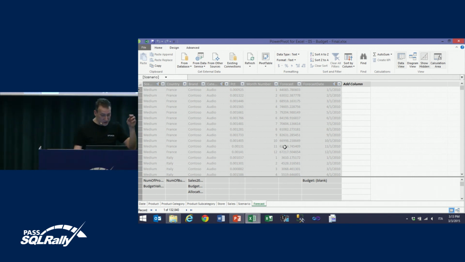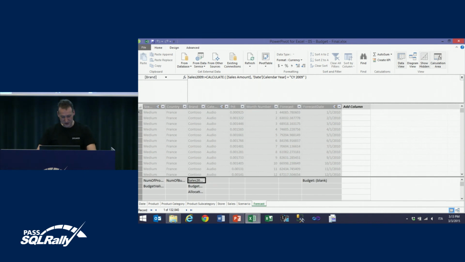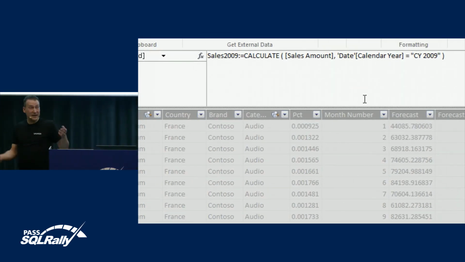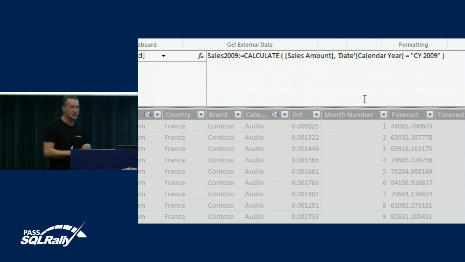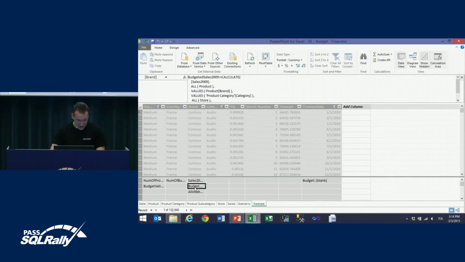To do that, you only need to create a couple of measures. The first one is very simple. It's sales 2009 that computes, as you might expect, the sales in 2009, because we are in 2010 and we need to reallocate based on 2009. So sales 2009 is very simple. And then I created another measure,